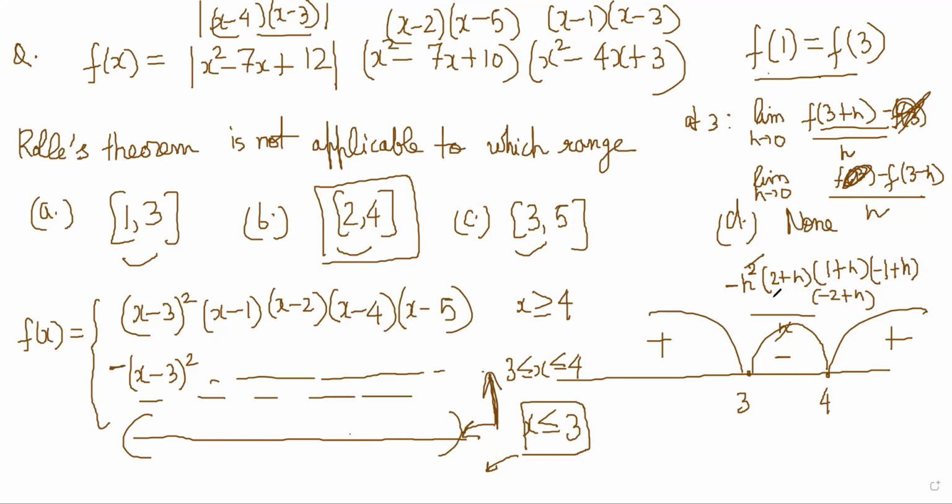I think it will become 0 in both cases. Yeah, it will become 0. It is differentiable. Continuity, what is happening? It is going to be continuous also. So Rolle's theorem seems to be applicable everywhere, no? F of 1, f of 2 and f of 4 are same? F of 2 and f of 4 will disappear, yes. Yeah, 0. F of 3 and f of 5 will also disappear.